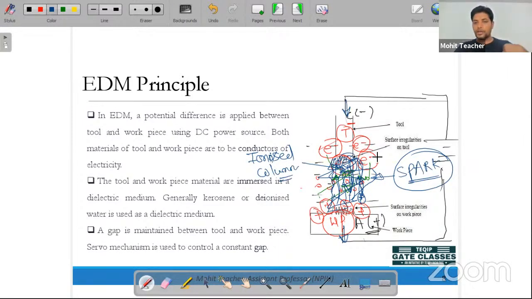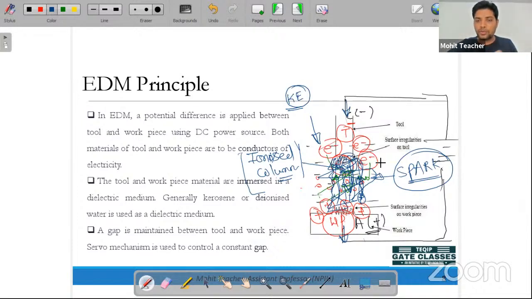Ionized column. Okay, now this column is formed. So what is happening in this column? The spark is generated because of the very high velocity of the electrons and the positive ions. Because of the formation of the spark and the very high velocity, the kinetic energy of these electrons and the